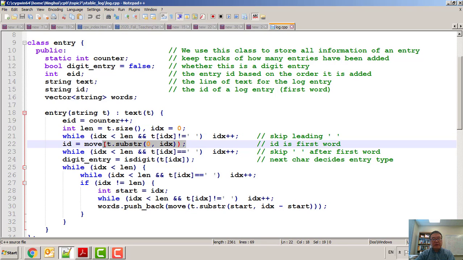First, what I'm doing is I find the first white space, and then I use the substr function to create a substring starting from the beginning and ending at the first white space. So this is the ID, and this substring will create a new string object, which is only used here. I'm not going to use this string object anywhere else. So instead of doing assignment, which will make a new copy of that substring and assign it to here, and then the old substring will be discarded,